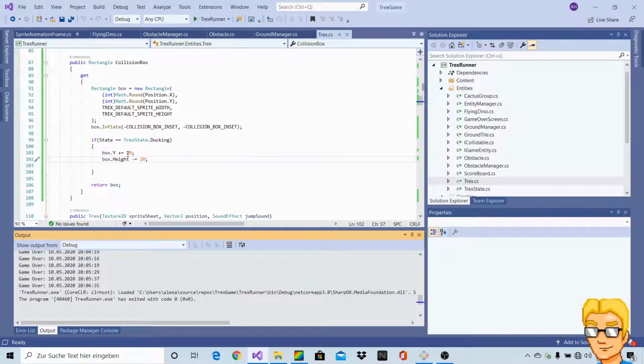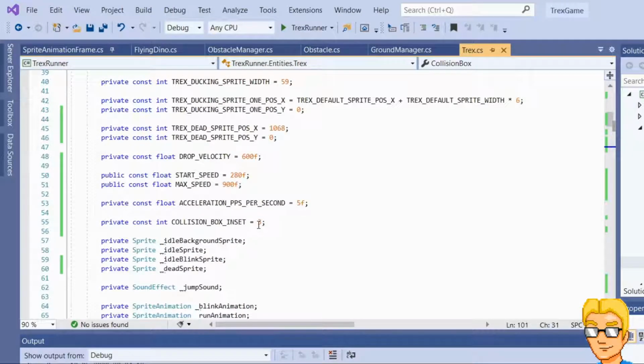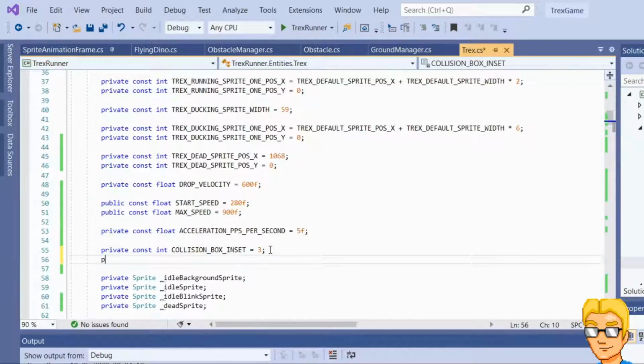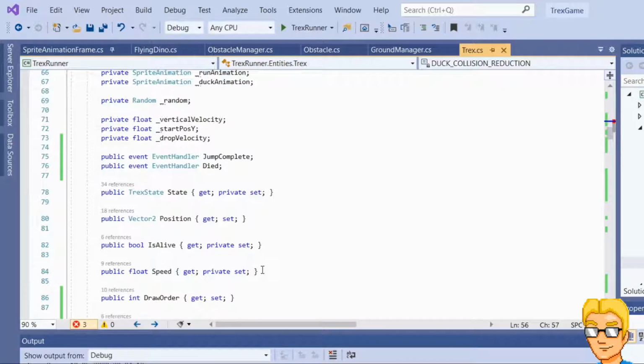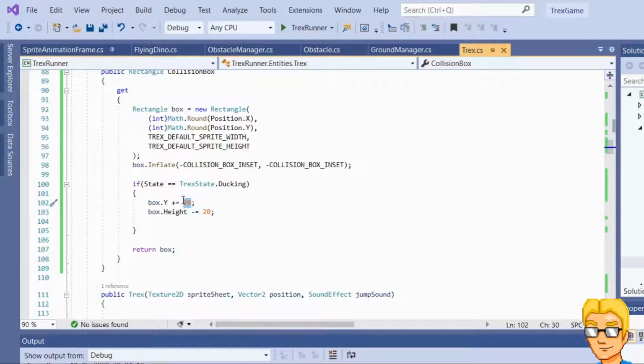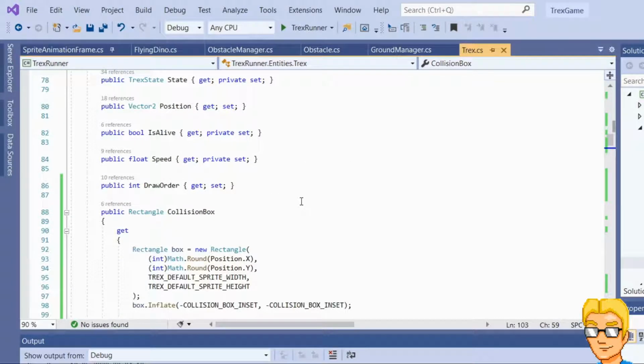First of all, let's define a constant for this here. Let's say private constant int duck collision reduction. I don't know. And use this constant value here. Okay, one more thing is that actually, since the pterodactyls are actually flying towards us, they should